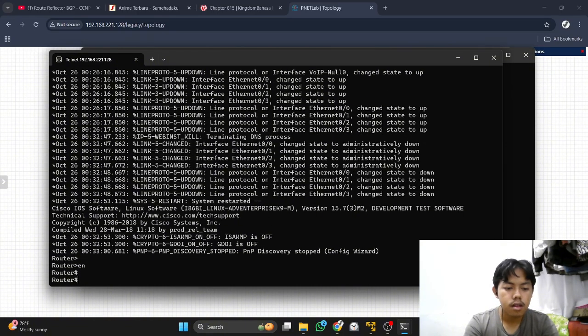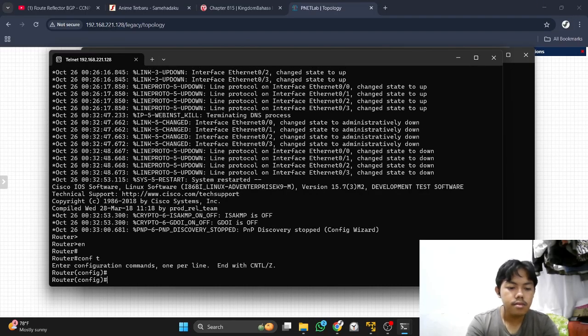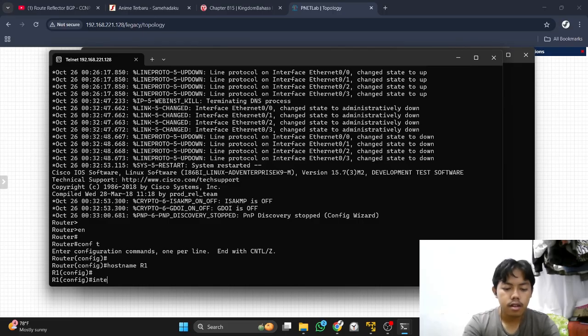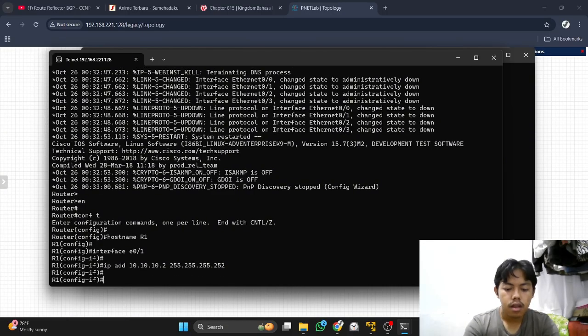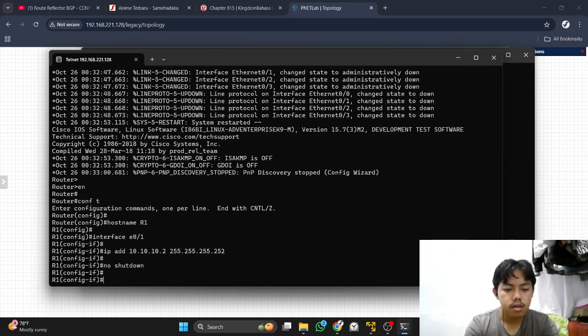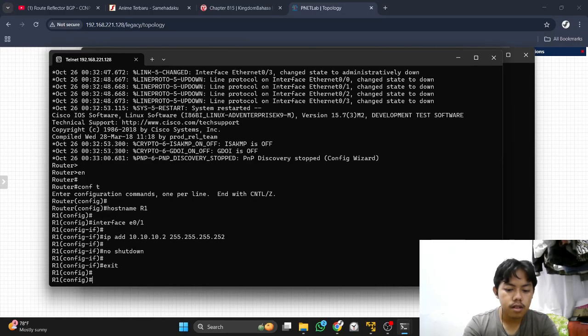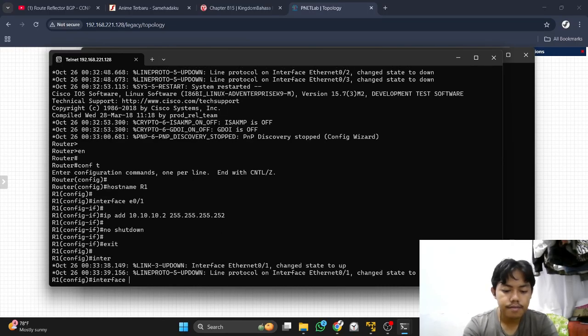Okay, just like before, create the hostname and create the interface, IP address, and then the subnet. And then no shutdown. Okay, we exit.